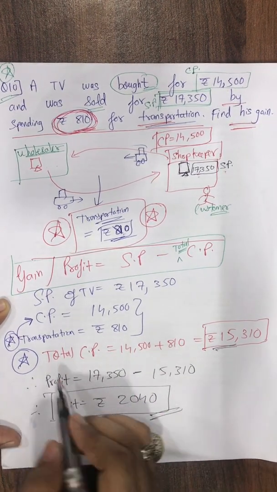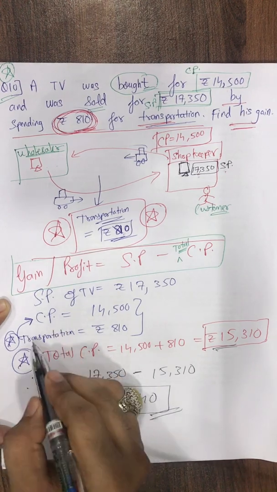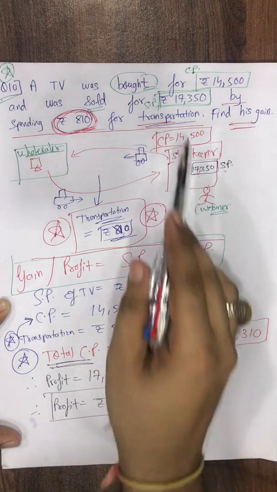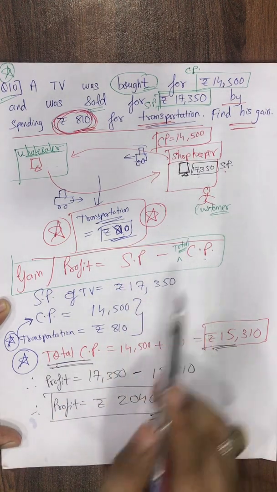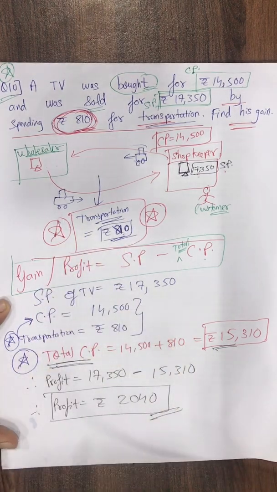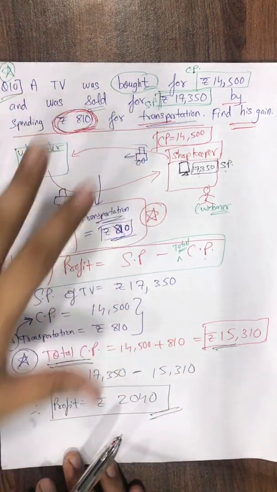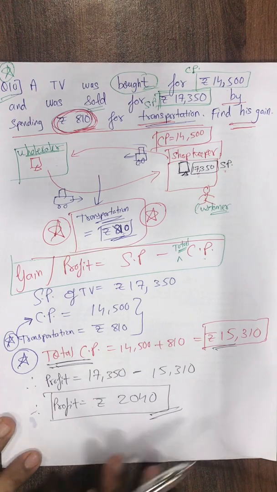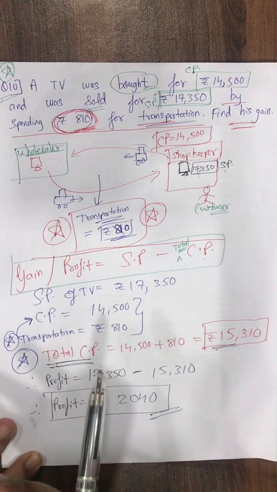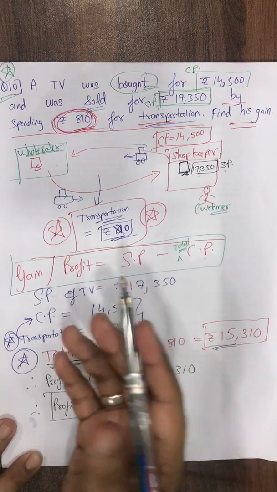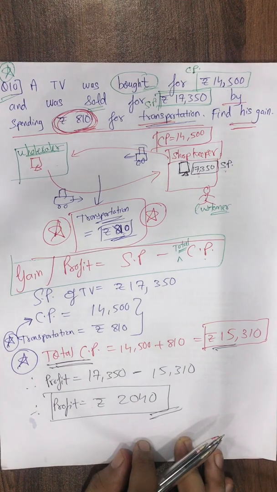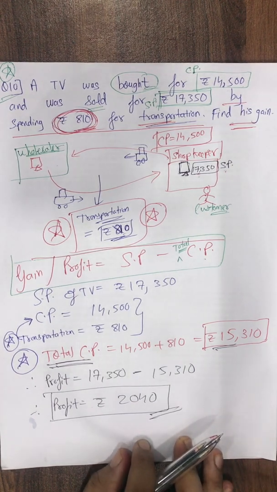So pay attention. This is the important catch: transportation or any expense given to you will be added to the cost price, and you have to find the total cost price. Don't be under the impression that the cost price will just take 17,350. This transportation cost is borne by us. Please draw this diagram, whatever I have done, draw this flow chart. Question number 12, which is a homework question, is exactly the same; in that the expense is rupees 50, which will be added. There the word transportation is not used, it says the carpenter repainted. That 50 rupees will be added to the given cost price. Please pause the video, students, and complete it, and by this we complete this exercise 15.6.